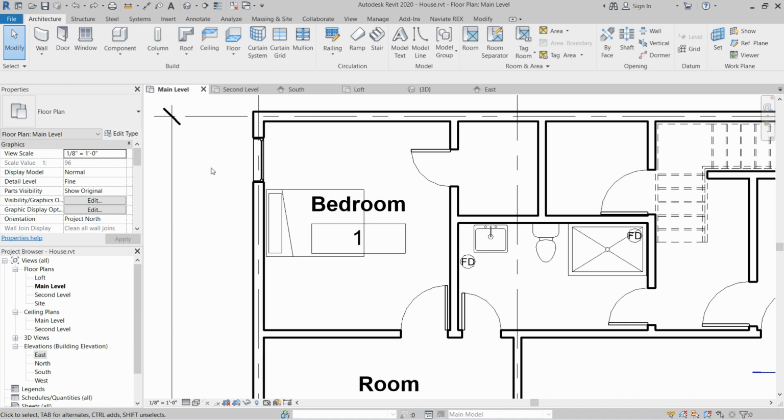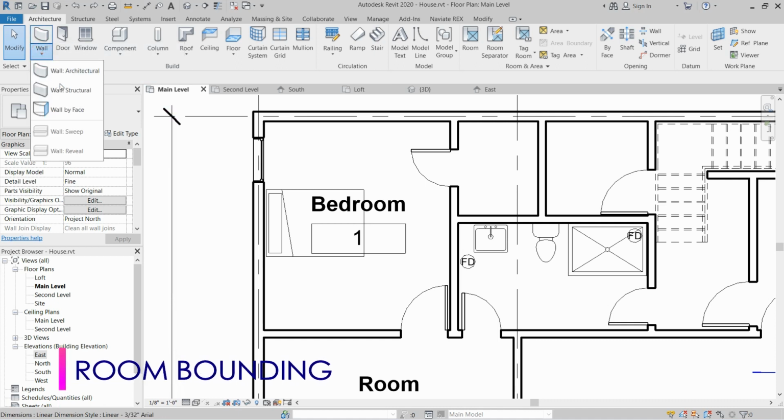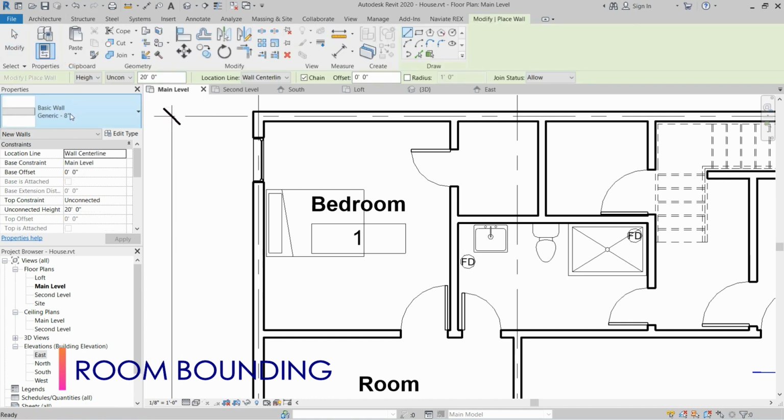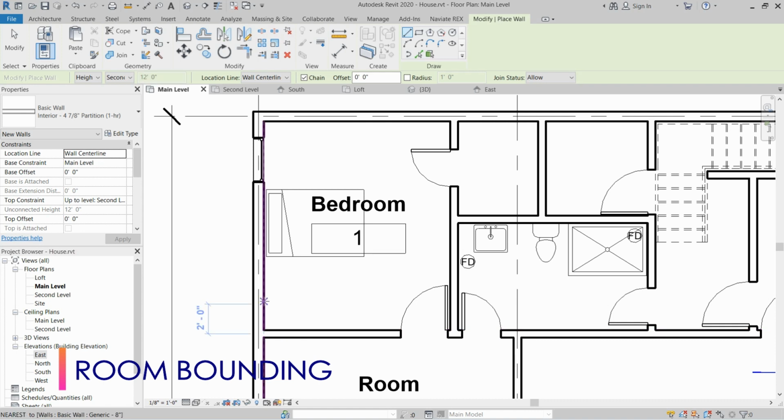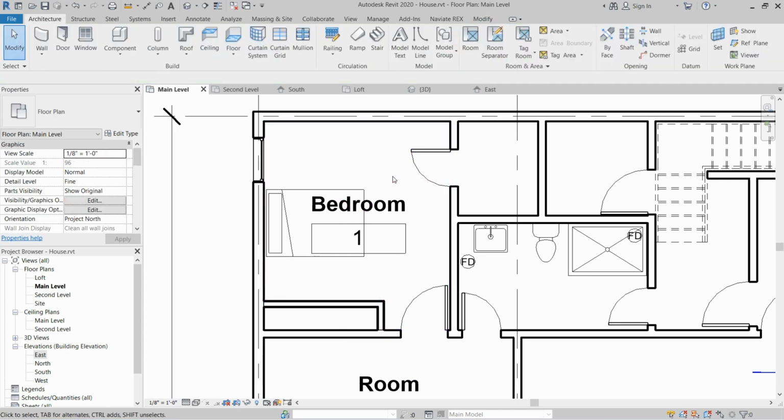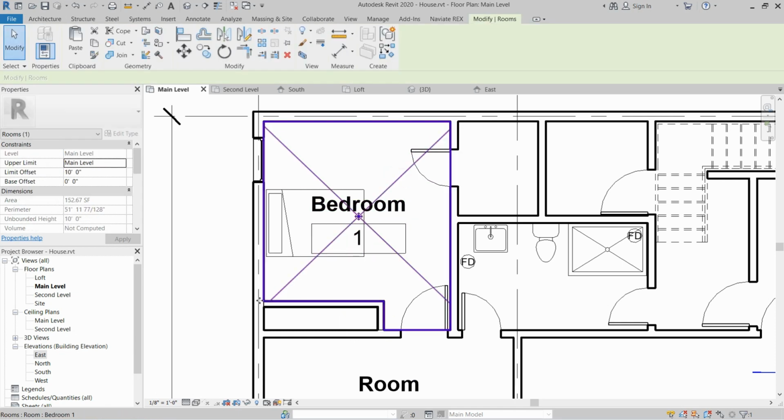Next thing I want to discuss is room bounding. Let's suppose we have a wall or a closet inside of room. Let's create a closet in this room from this area to this area. Now if you select the room tag, it will show you that the enclosed boundary of the closet is excluded